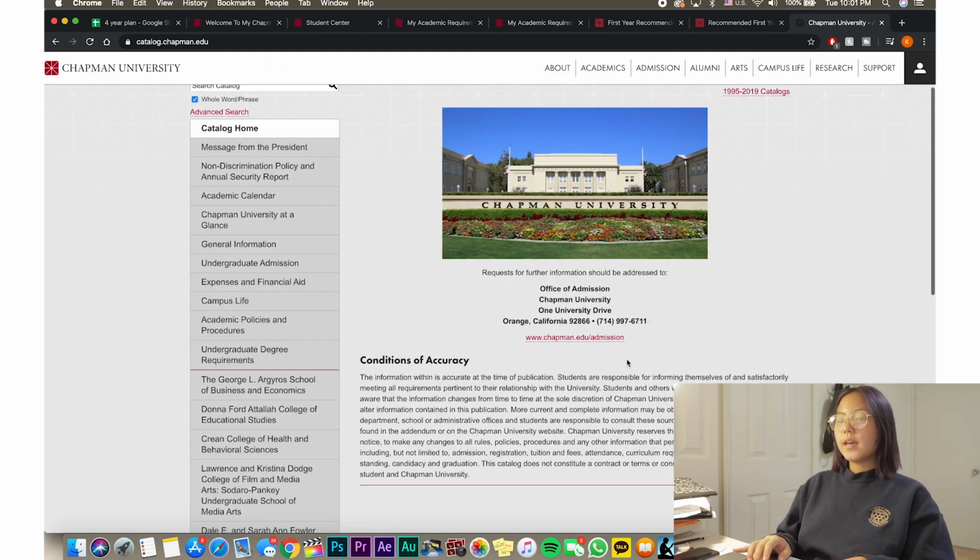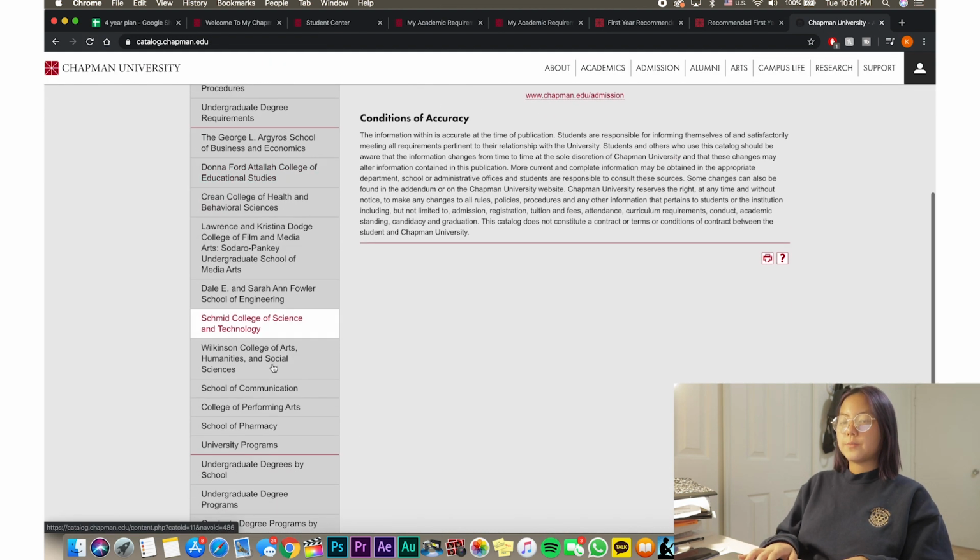But you can look at the previous years as reference for now if you're planning on making this ahead of time. And then they have specific schools, and if you don't go to Chapman, I'm sure they have a course catalog thing for their school and for their majors. I hope they do. And so you can just look there.